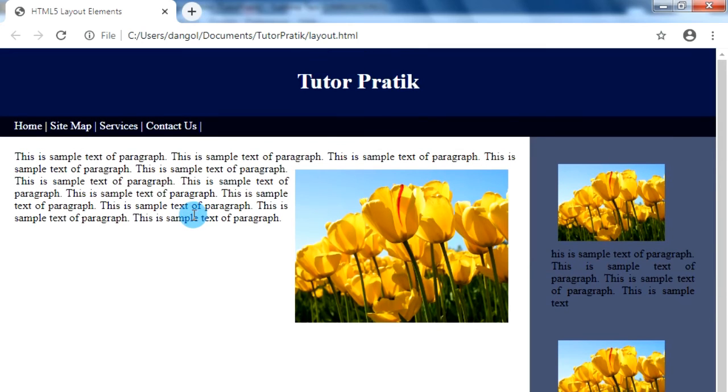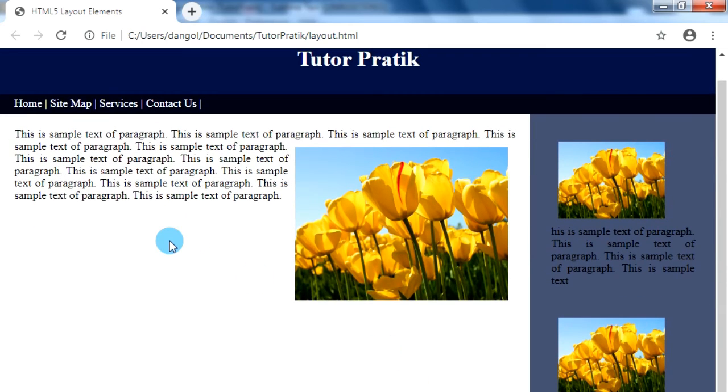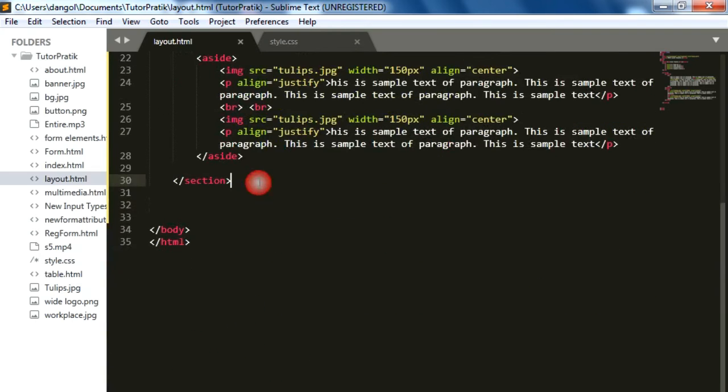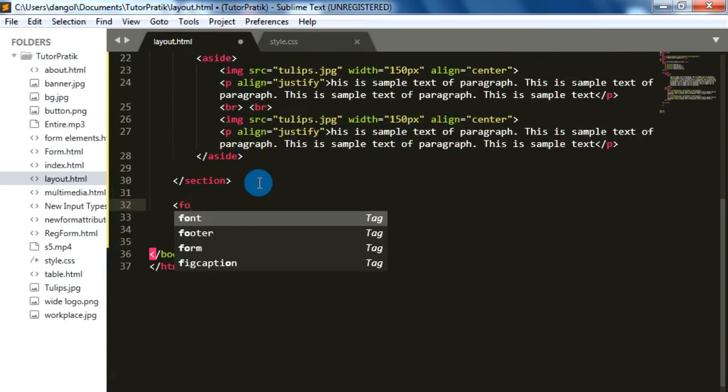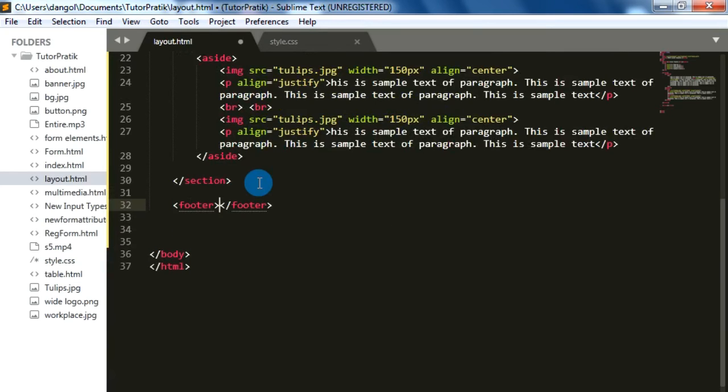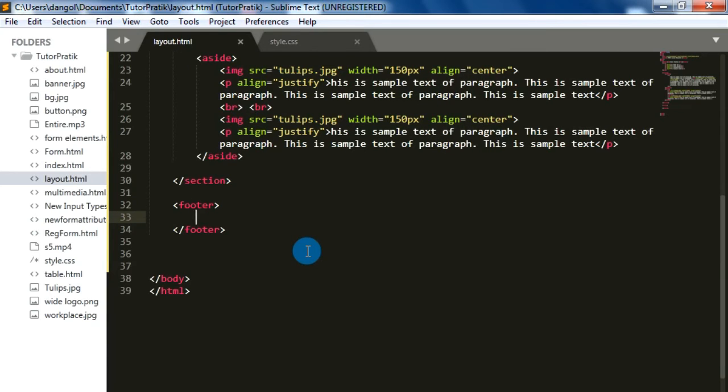Now the final thing we have to add is a footer at the end of our page. After this section, just add a footer tag, and you can write anything inside this footer tag that you want to display in the footer bar. For now I am just going to add a text, Tutor Pratik, and let's add a registration symbol and make this registration superscript